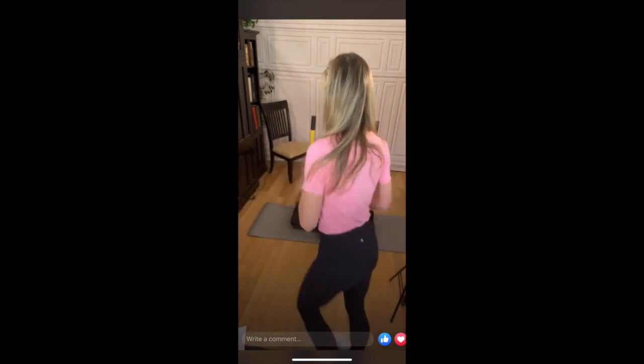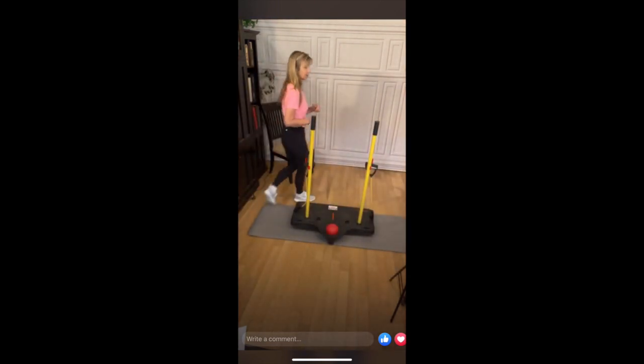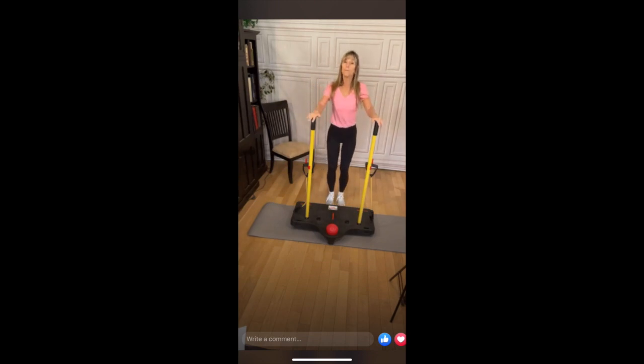All right, gang, let's do our screens to begin with. No music during the screens because I want you to concentrate on form and alignment. Are you ready? Let's get it out and do it. All right, so the very first screen is a simple balance move. So all we're going to do is stand on one leg for 30 seconds, and I'm going to count you down so that you know when you have to come off that leg exactly how many seconds you were able to hang in there. All right, so let's all stand on our right leg, hold onto your poles,